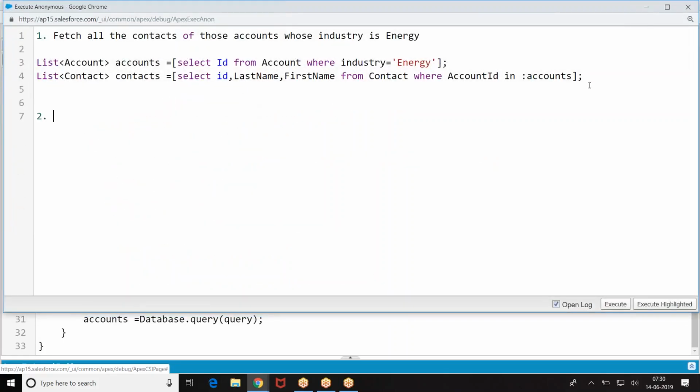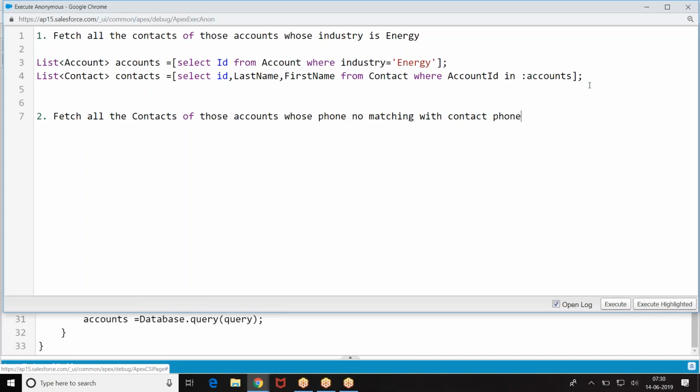Next one. Fetch all the contacts of those accounts whose phone number is matching with the contact phone.